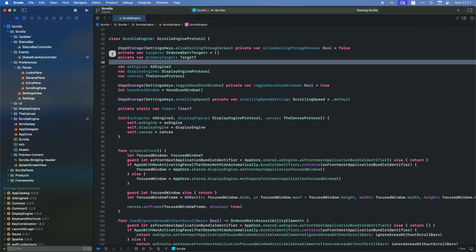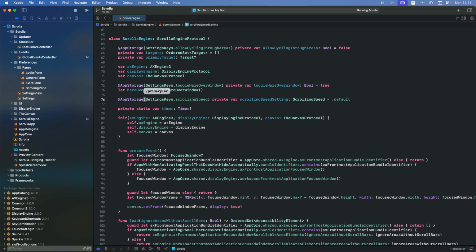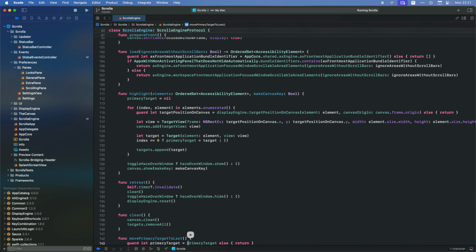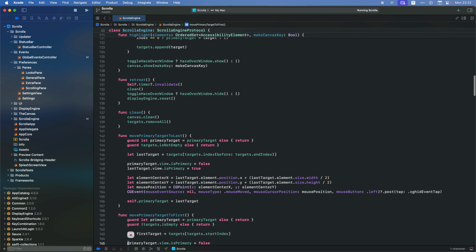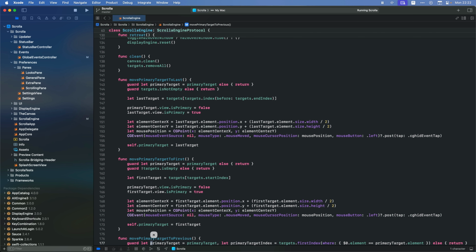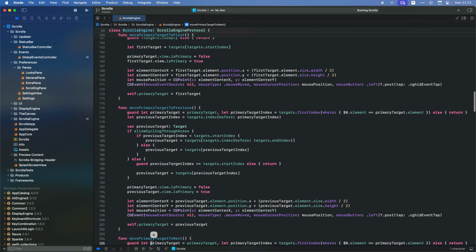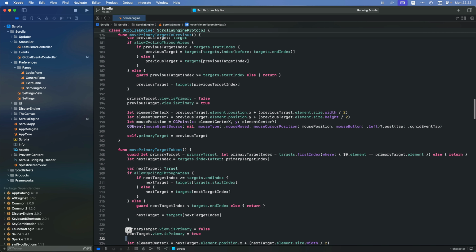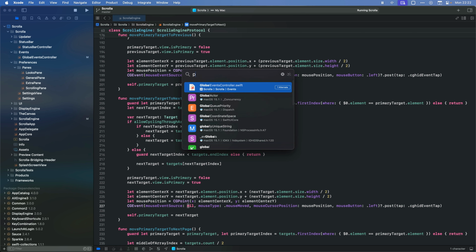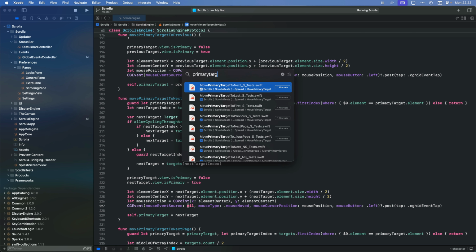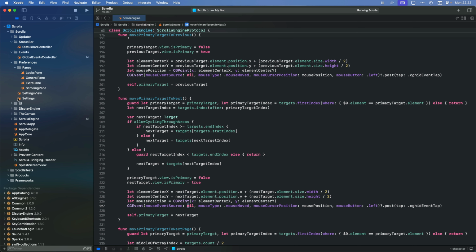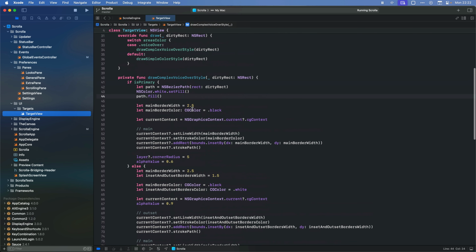So what is primary target? Is there UI target? Oh, so that's gonna be